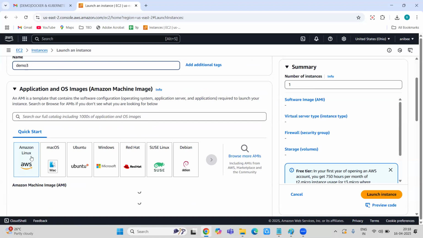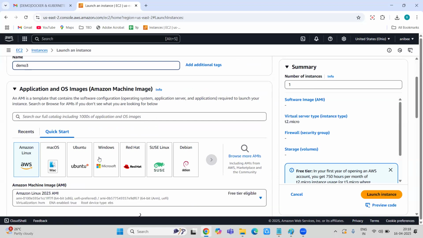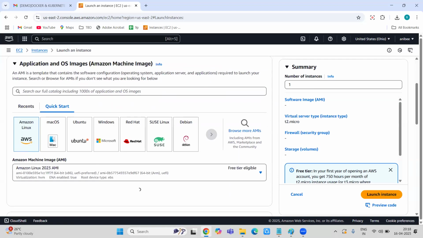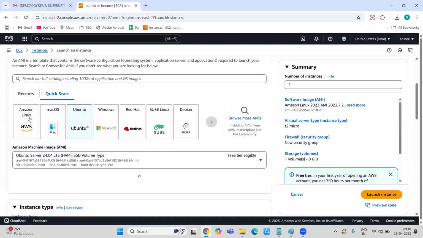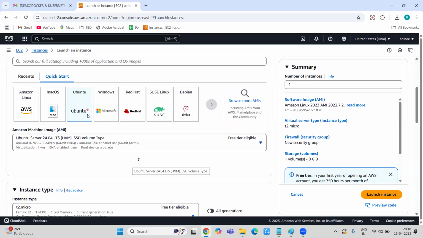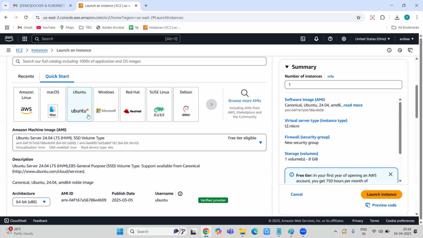I can choose Amazon Linux or Ubuntu or Windows. But in order to have Docker and Kubernetes, the preferred one is CLI based, that is either Ubuntu or Amazon Linux. The process would remain the same, but the commands would differ.